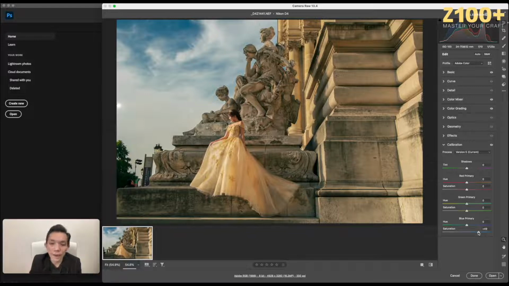If you go to the regular saturation, it works, but you cannot do a lot, maybe by increasing 10% or 15%. But in blue primary, if you go to 100%,